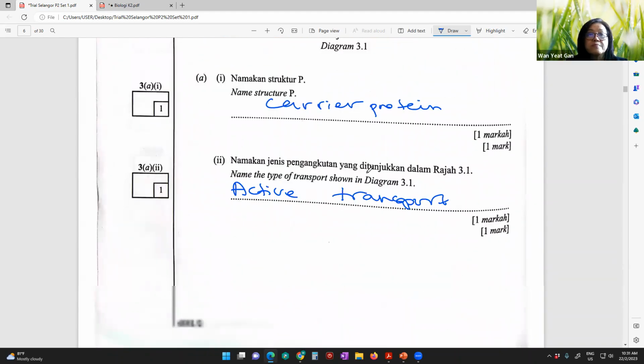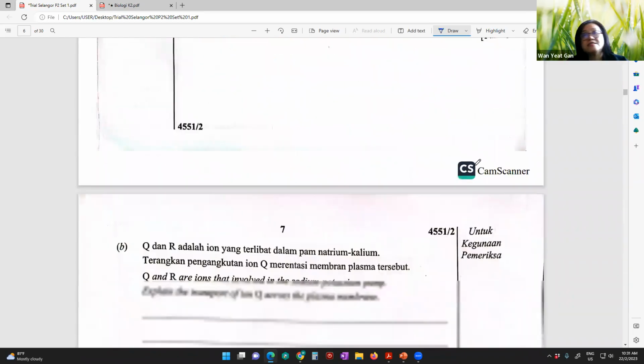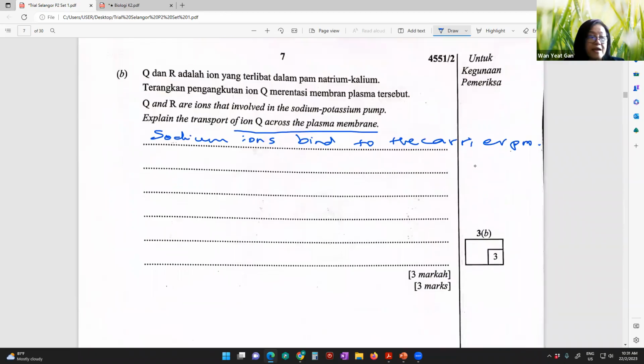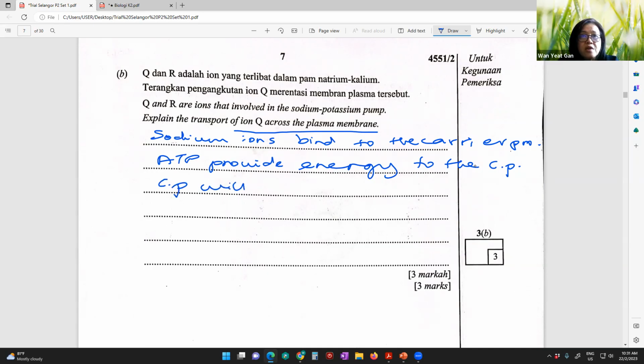Here the carrier protein has a site for the phosphate to attach. So the ATP will provide energy after the phosphate is attached to the carrier protein. It will provide energy to the carrier protein, and then the carrier protein will change shape,